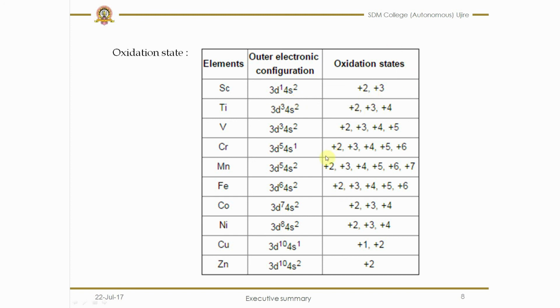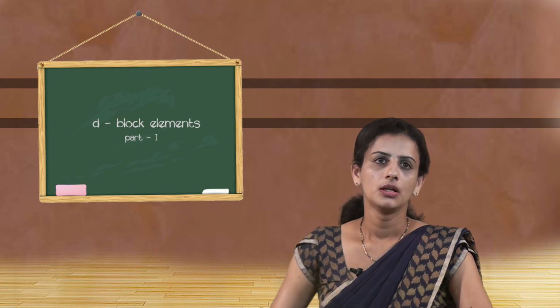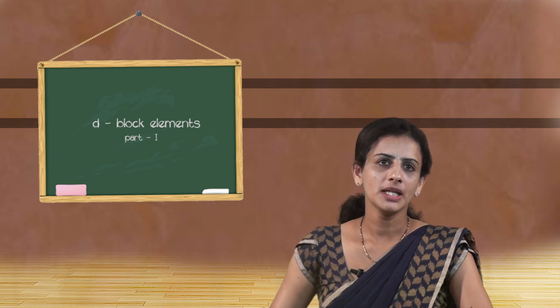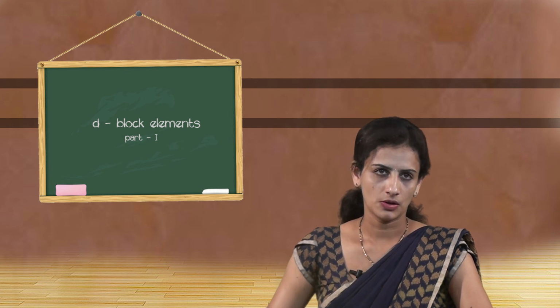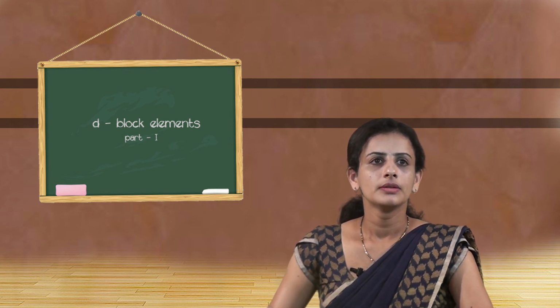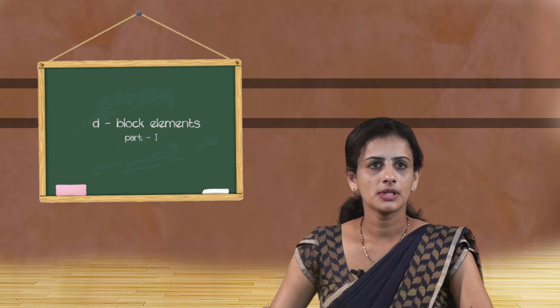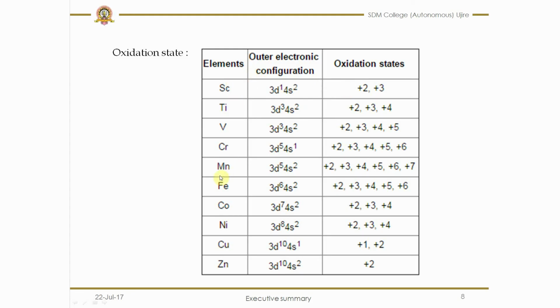From this we can define the minimum oxidation state and the maximum oxidation state. The minimum oxidation state is the number of electrons present in the 4s orbital, and the maximum oxidation state for scandium to manganese is the number of electrons present in the 4s orbital